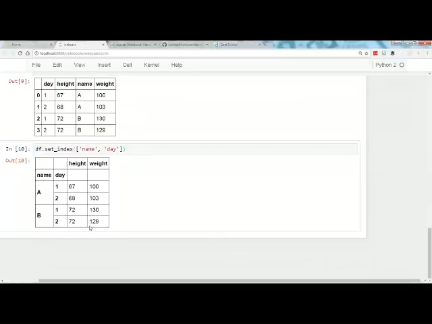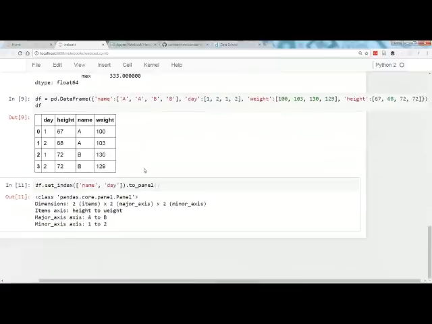This is a hierarchical index, and you can turn it into a panel with this method toPanel. And you get something that I don't really understand. I gather that panels are from econometrics, and I don't work in econometrics, so I don't really understand the major axis, minor axis thing.